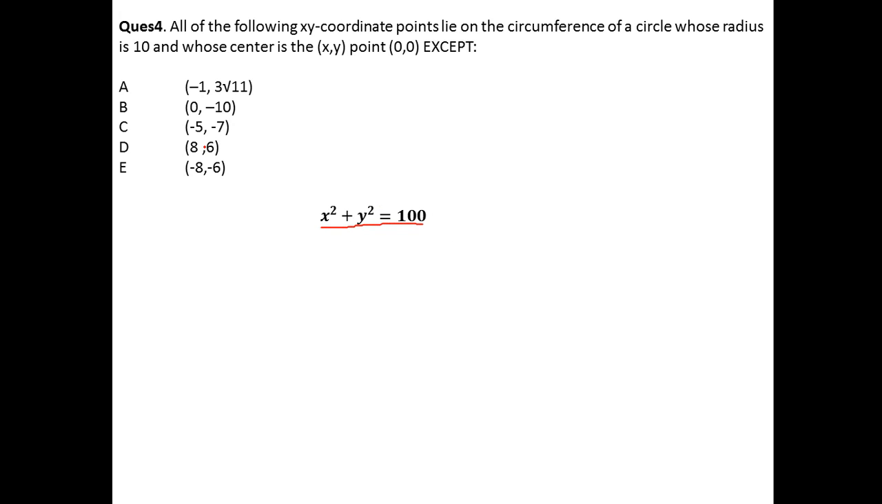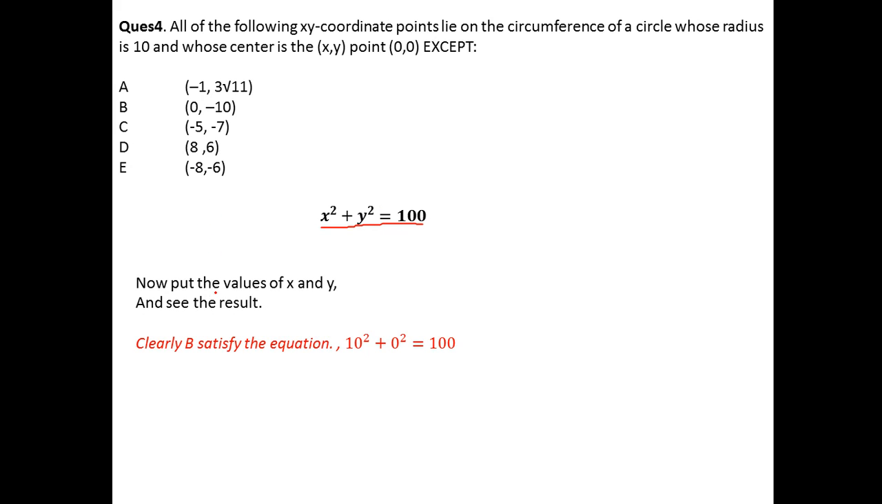So I'll put the values of x and y and see what happens. First of all, clearly B satisfies the equation, because (-10)² is equal to 100 and 0² is 0. So option choice B cannot be the answer to this question. So B is cut. Now I know that 6, 8 and 10 form a Pythagoras triplet, that is